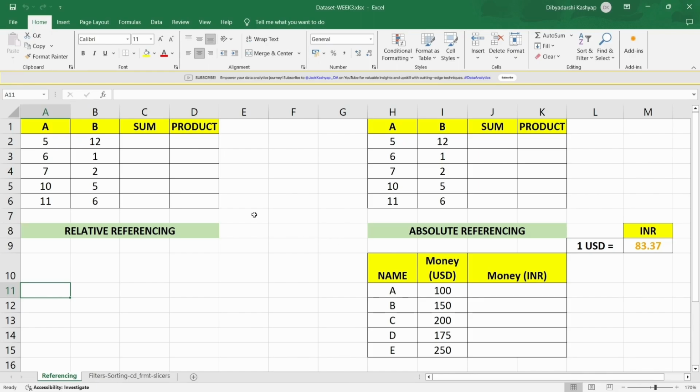For example, in this first table, we can see that there are two columns, A and column B. Now, if you want to find the sum of column A and B in this column, let's write the formula is equal to A2 plus B2 and then press enter. And we can see that we can find the sum here. Now, if I drag it down,